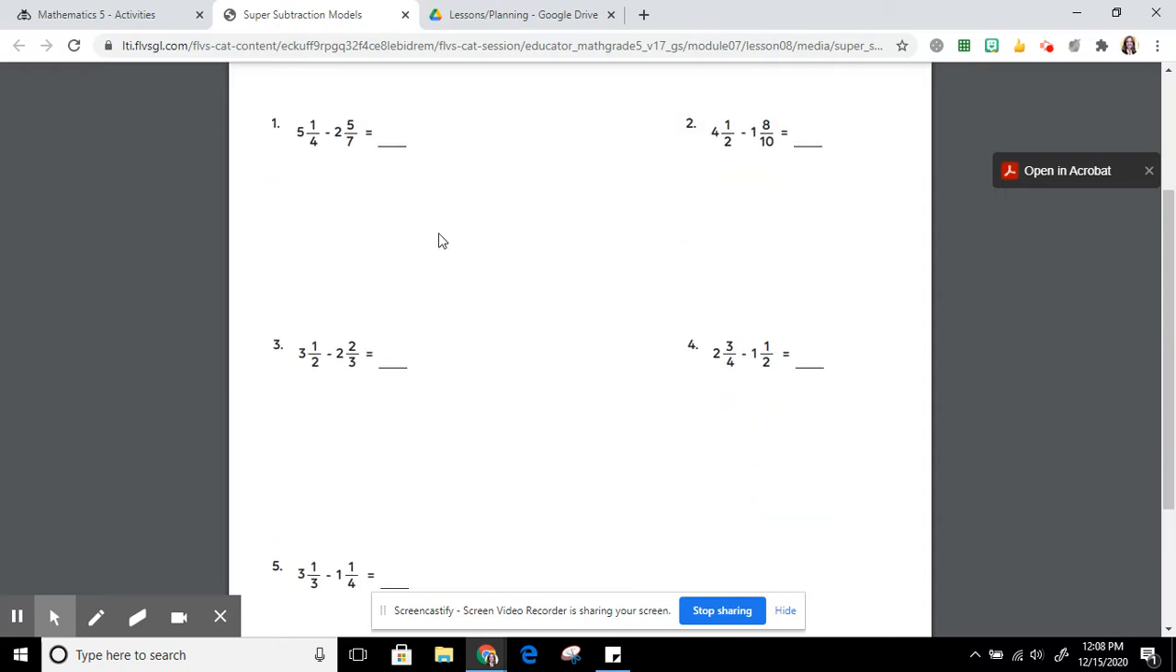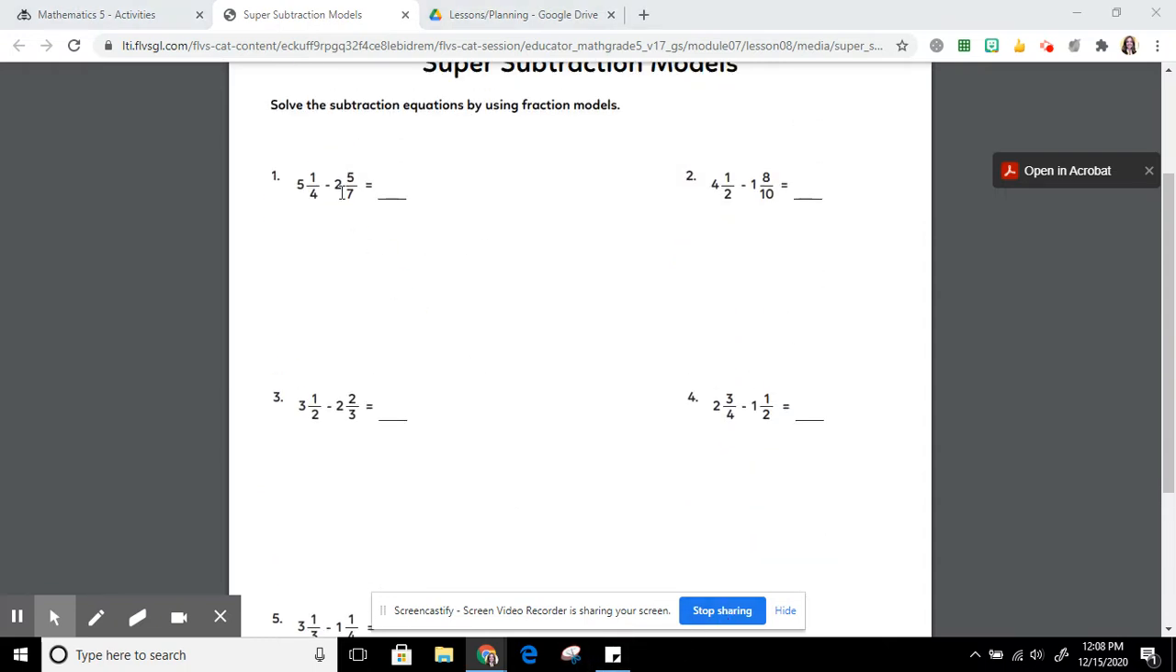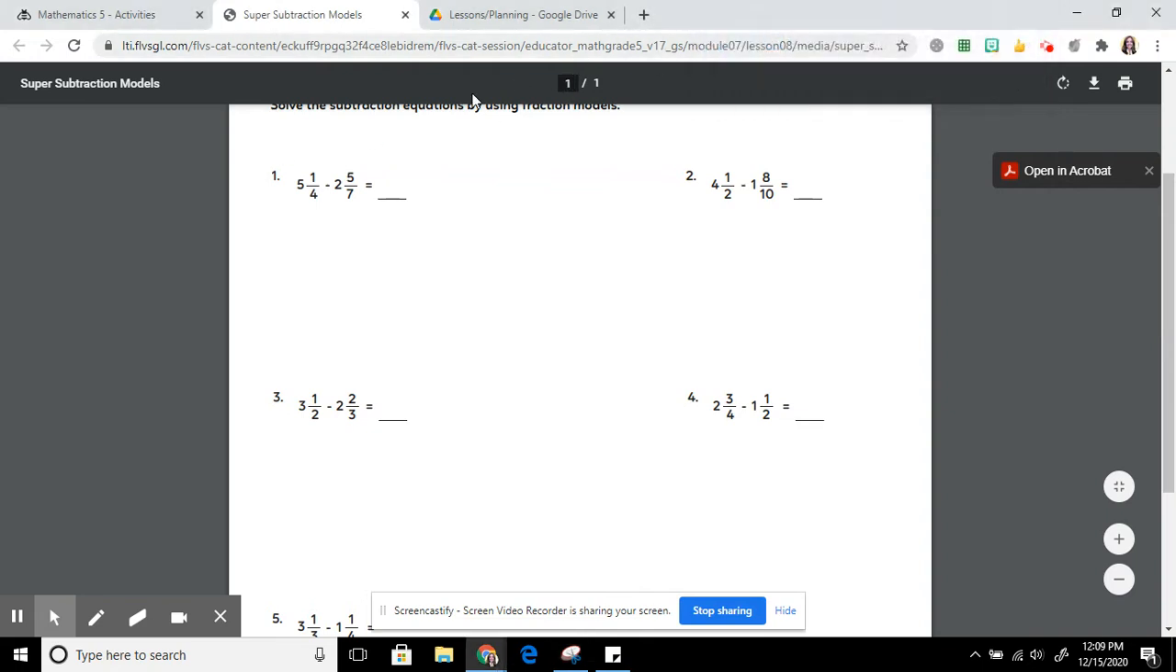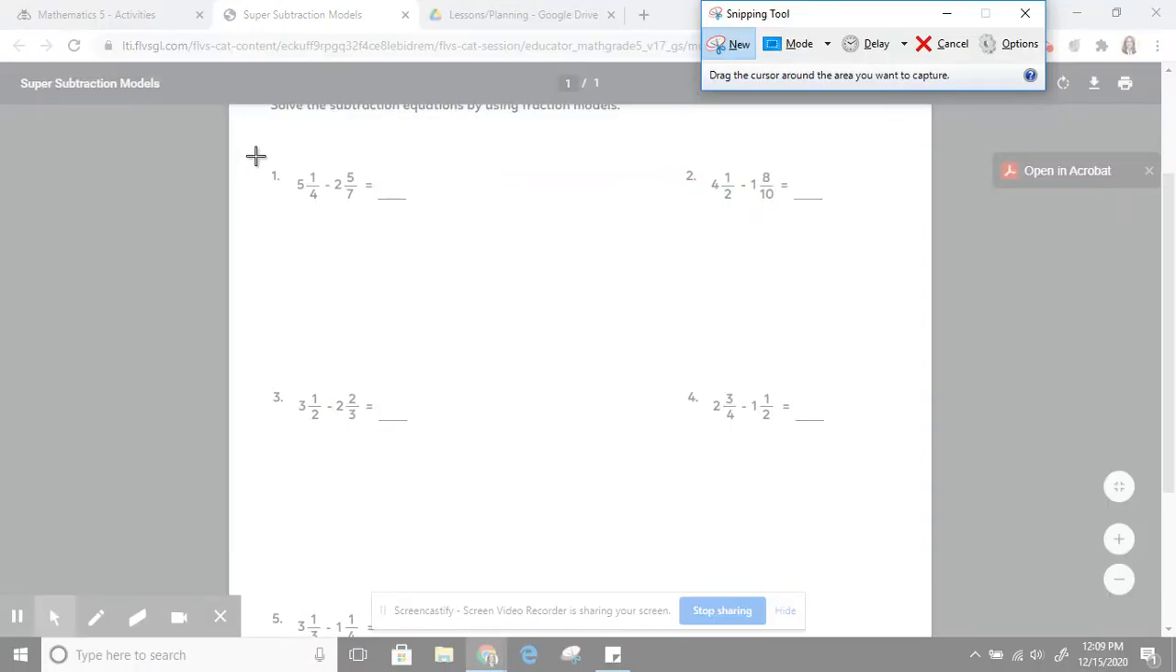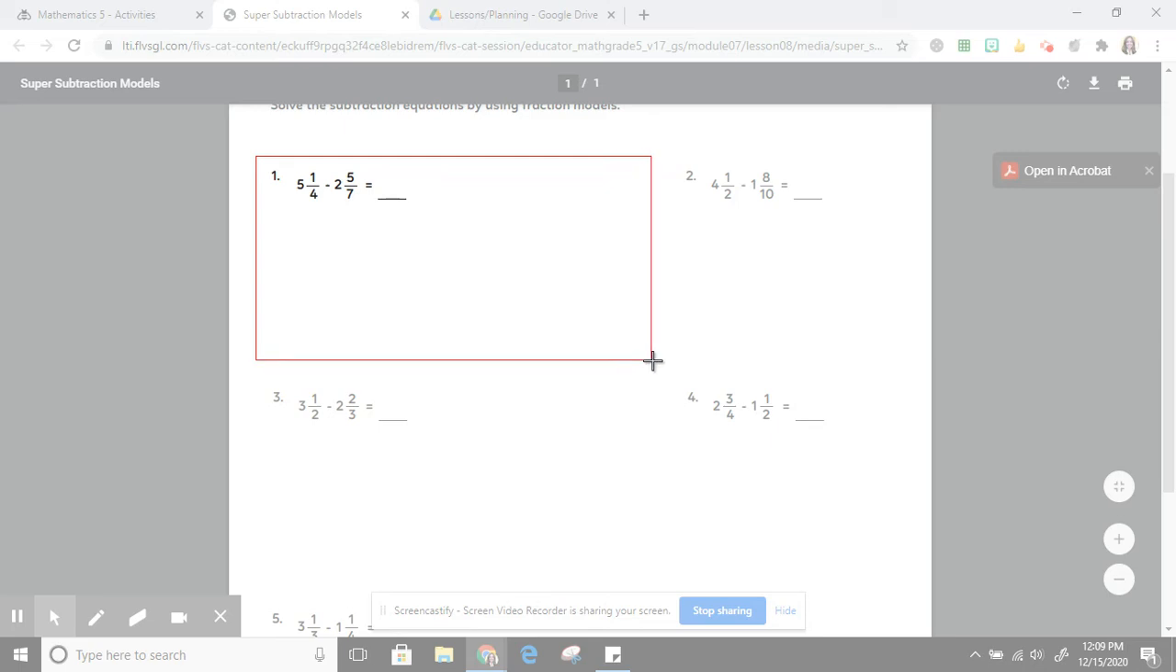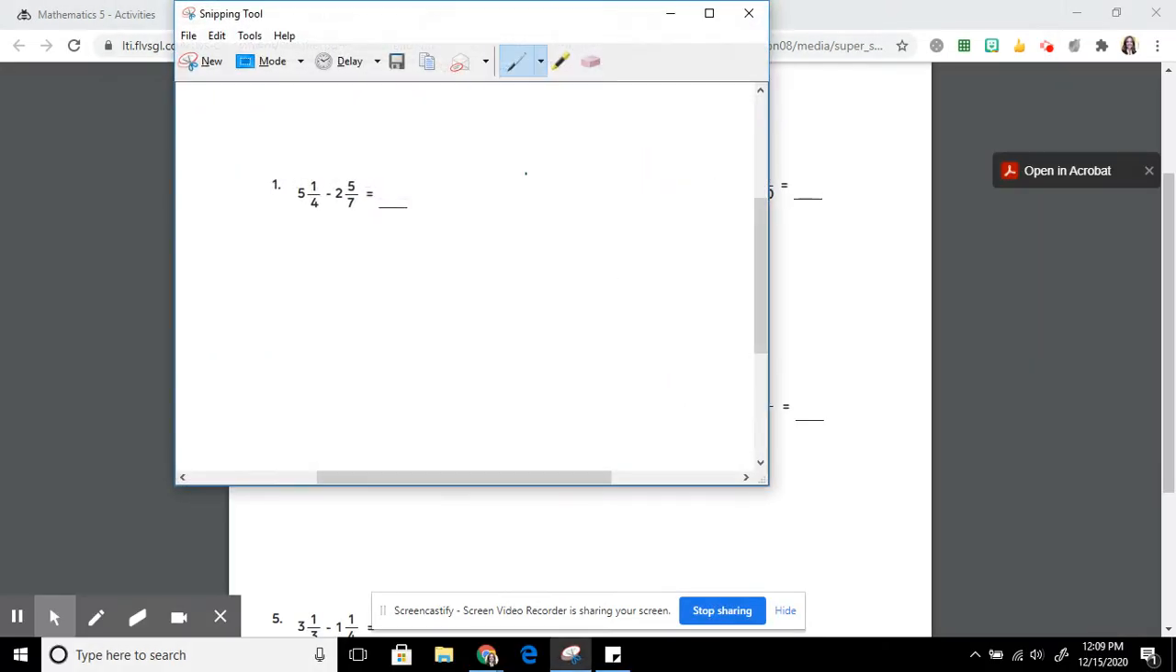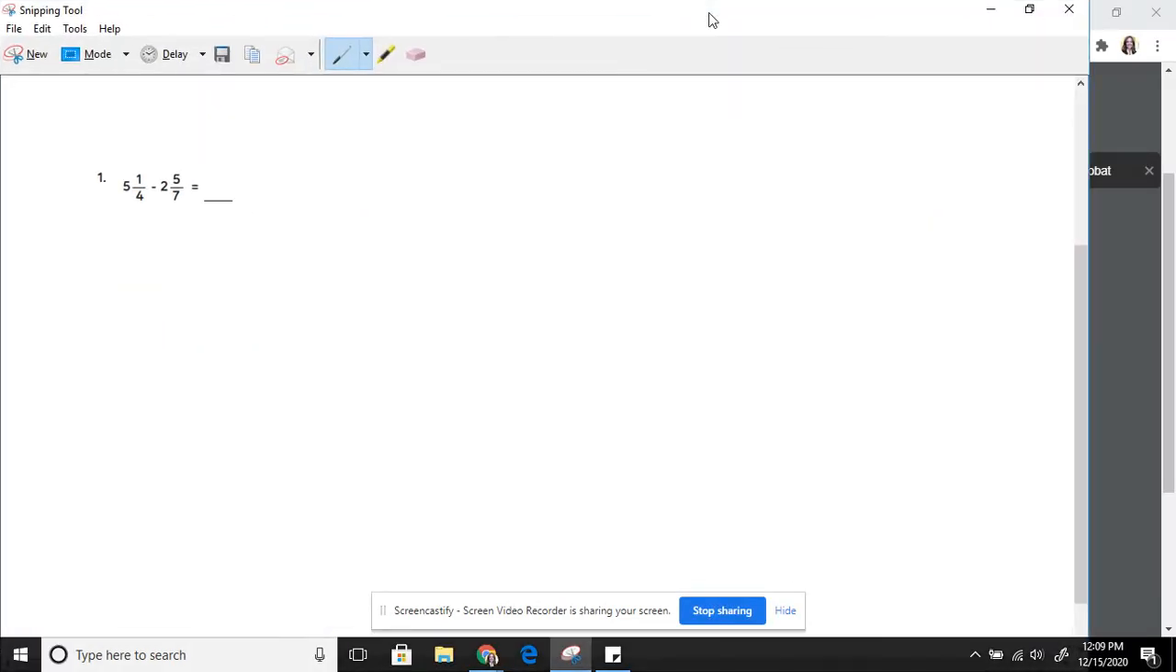As I said, we're going to do a couple of these together. I'm going to do number 1 and number 5 with you so that you have those answers. You have the model of me doing it to be able to then complete 2, 3, and 4 independently for your assignment. Okay, so we are using fraction models to